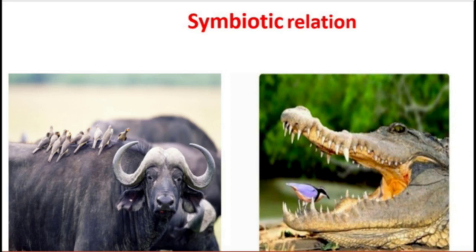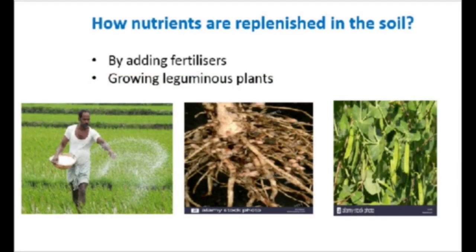In rainy season, they grow paddy or rice. Once the harvesting is done, some farmers grow legumes like moong dal, tur dal or peas. When you do this type of crop rotation, the deficiency of nitrogen can be easily solved. They do not need to add nitrogen fertilizers to the soil in which leguminous plants are grown. So if you are going to grow the same crop for the second time or the third time, again and again, if you want to grow only similar types of crops, then you need to add chemical fertilizers to fix the nitrogen requirement.